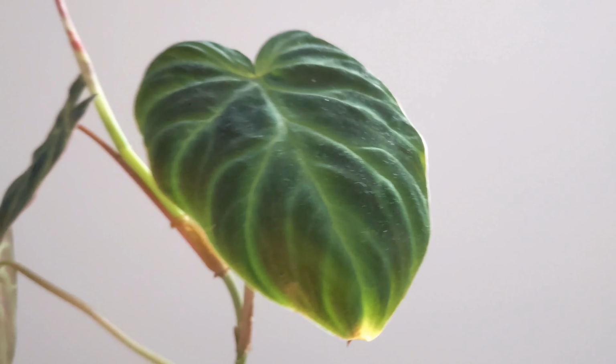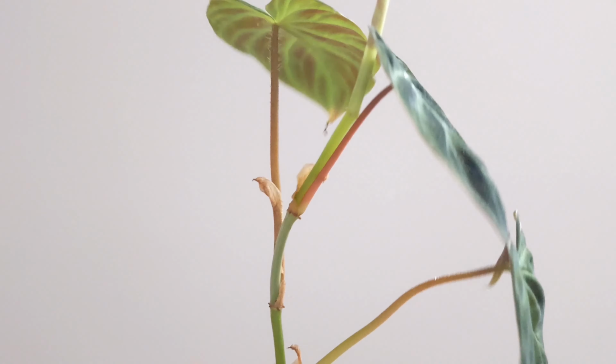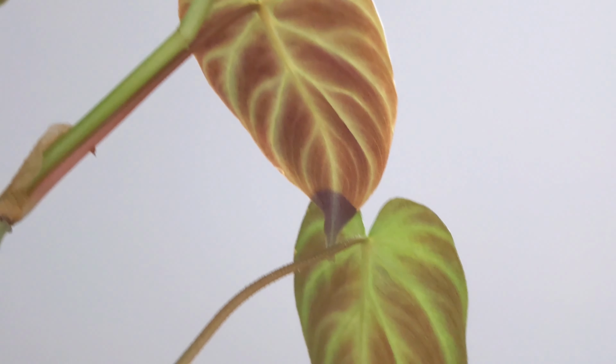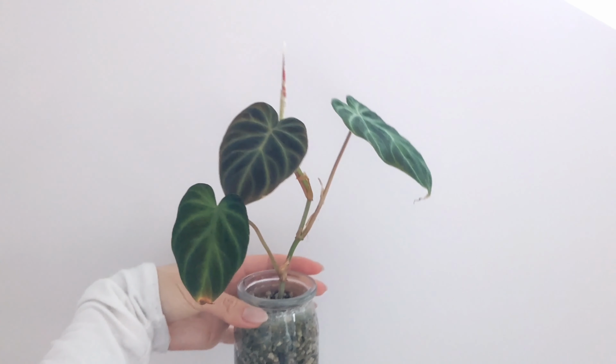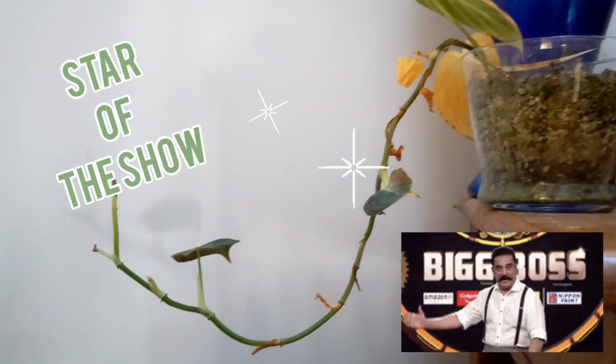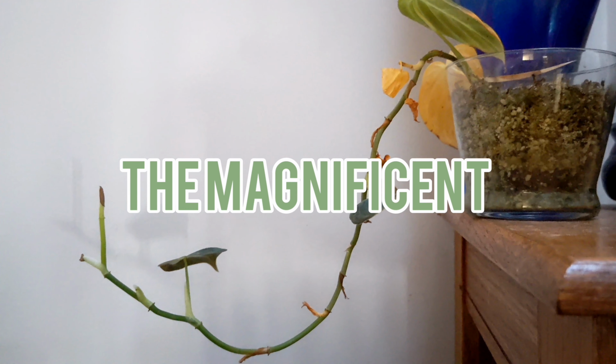Philodendron verrucosum. It's quite lovely though. I really enjoy the back of it, the back seal. Feast your eyes on the star of the show. This is my magnificent